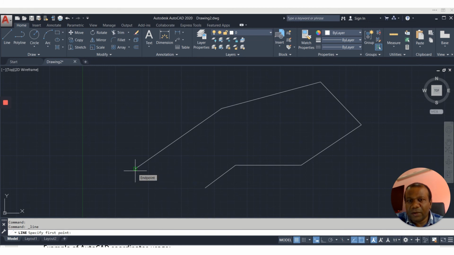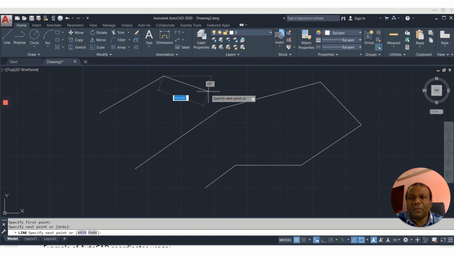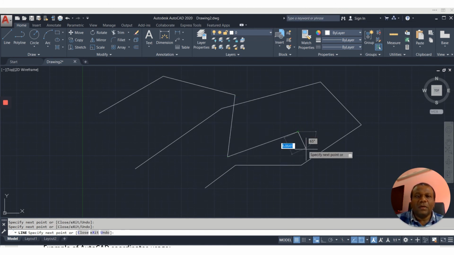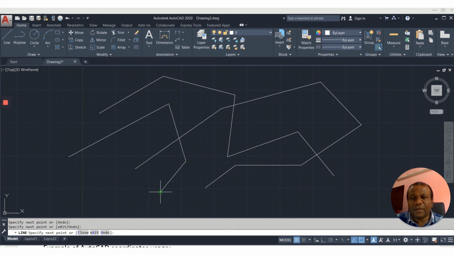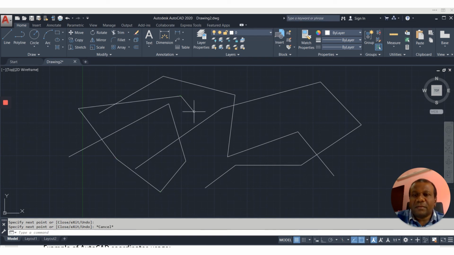Yeah, it's 20, 20. Here it's 46 points. You can click a point and after that it shows the polar. It's according to the tool. When dynamic input is on, it will show. If dynamic input is off, it won't show anything. So sometimes you need to switch it on, sometimes off. That is dynamic input.